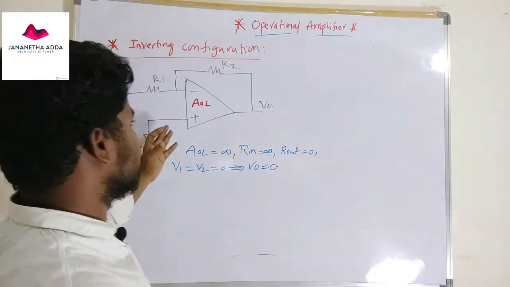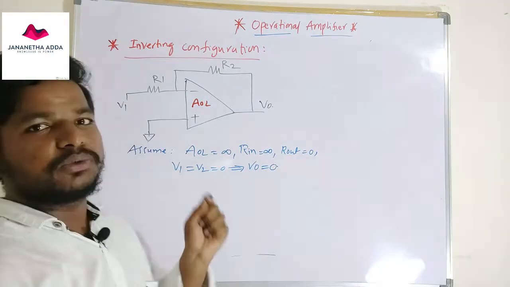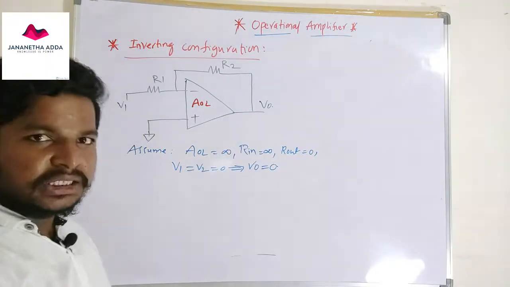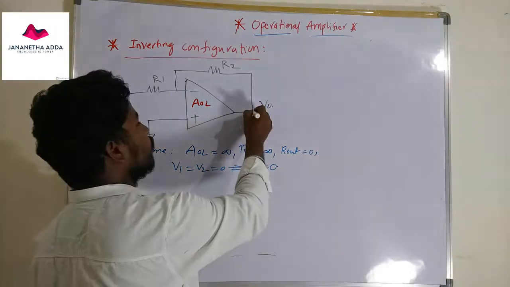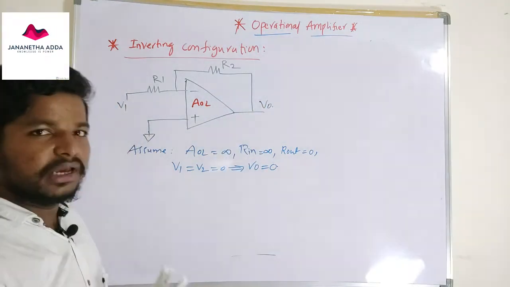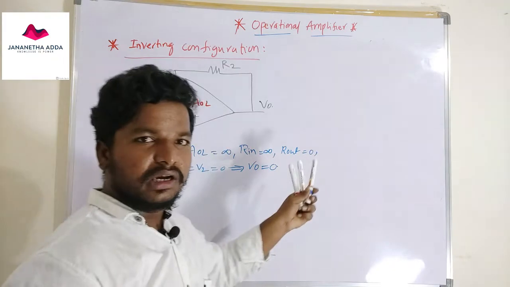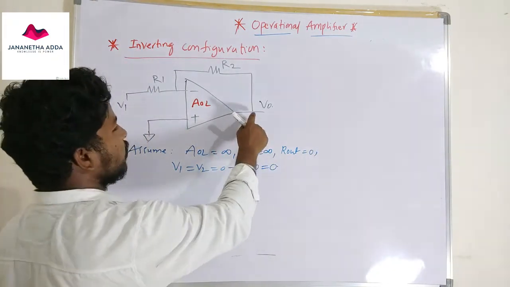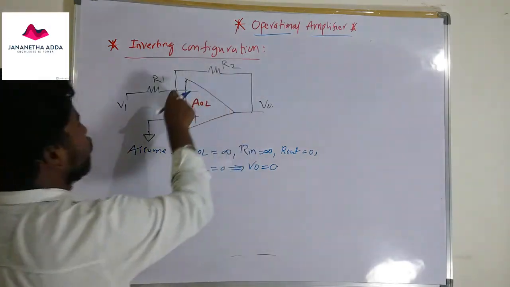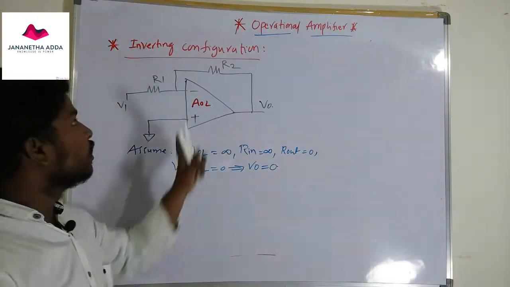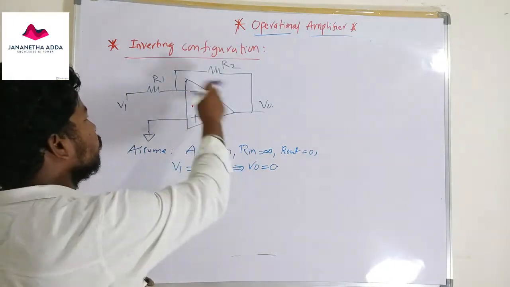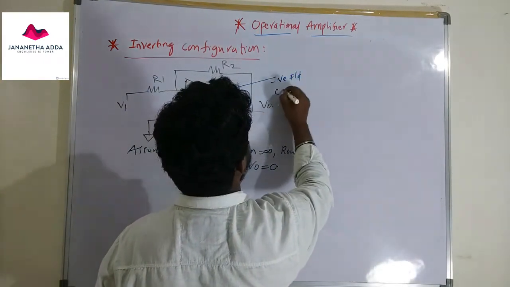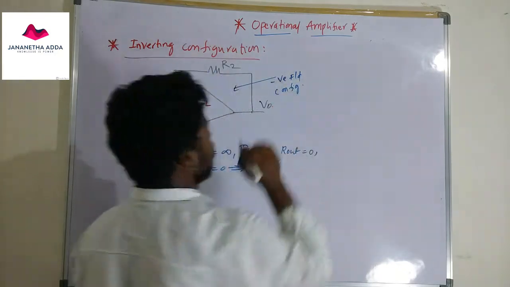gain, it has the property of virtual short circuit only if and only if it is configured in a negative feedback system. We have to verify whether the given circuit is in a positive feedback or negative feedback. I am assuming that we are seeing that part of the output is fed back to the negative terminal of the operational amplifier. Because of that, we can confirm that it has a negative feedback configuration.